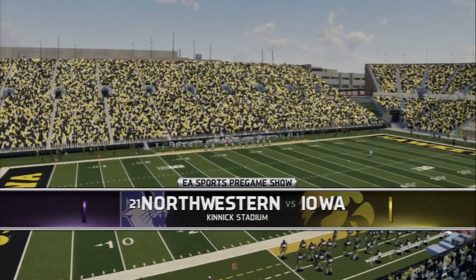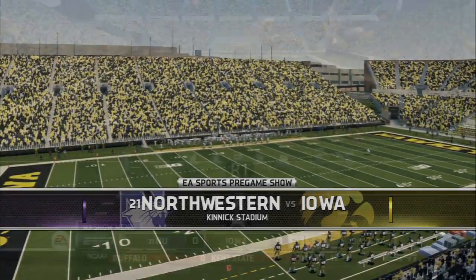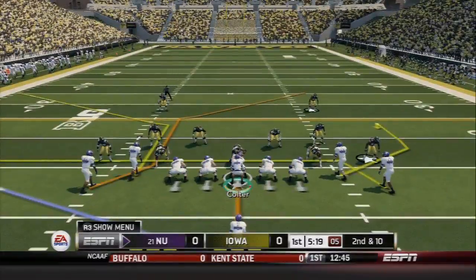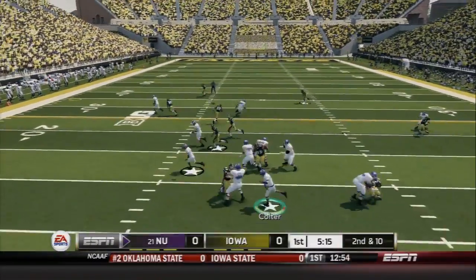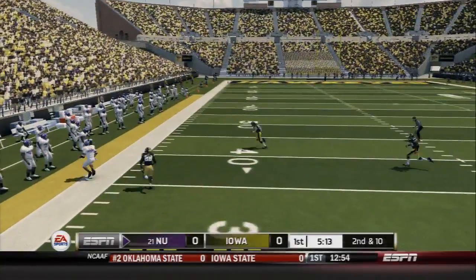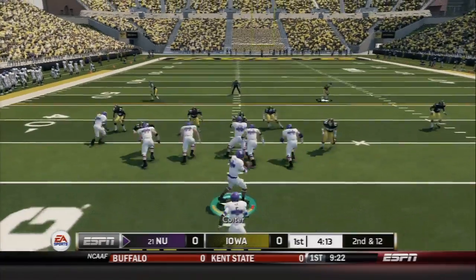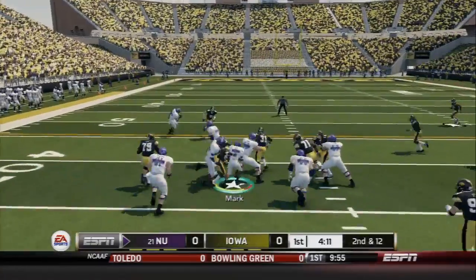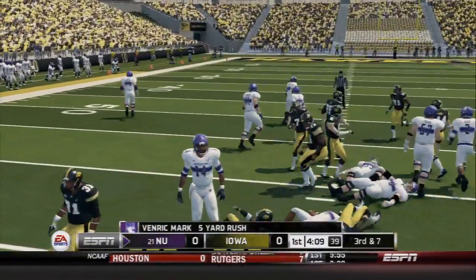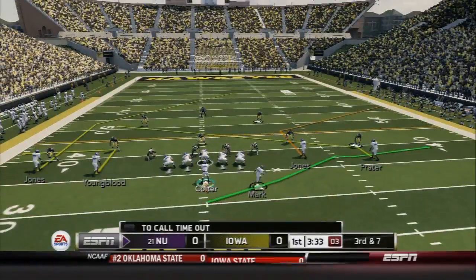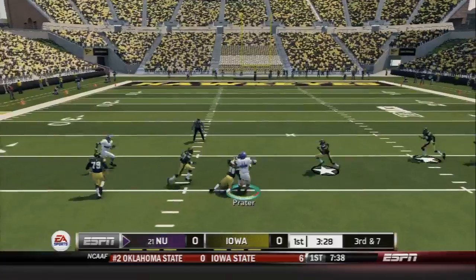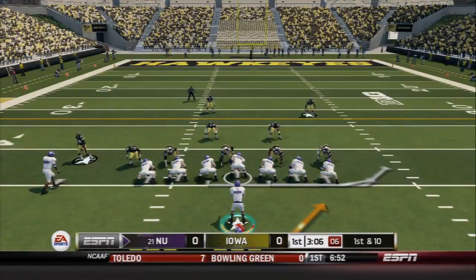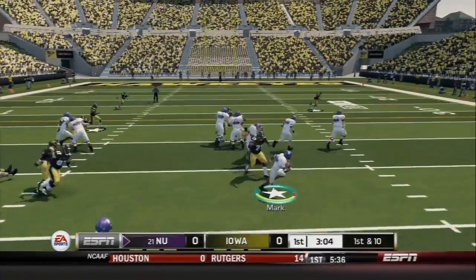This is Popular Stranger, and we are back today with the 12th episode of my Northwestern Dynasty in NCAA Football 14 at Iowa, taking on the Iowa Hawkeyes in a Big Ten game, our third Big Ten game of the season. And Iowa's coming into this game with a record of 4-3 overall, 1-2 in the Big Ten, coming off a 27-17 loss to Ohio State.